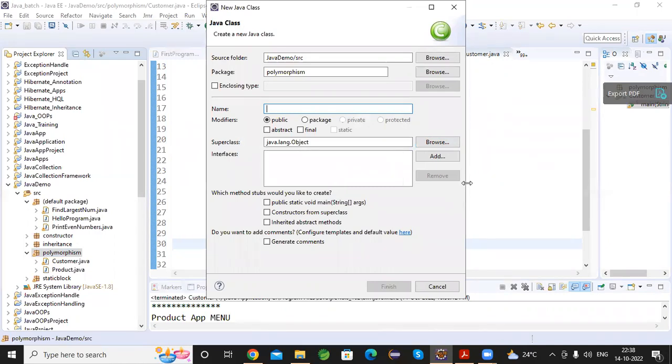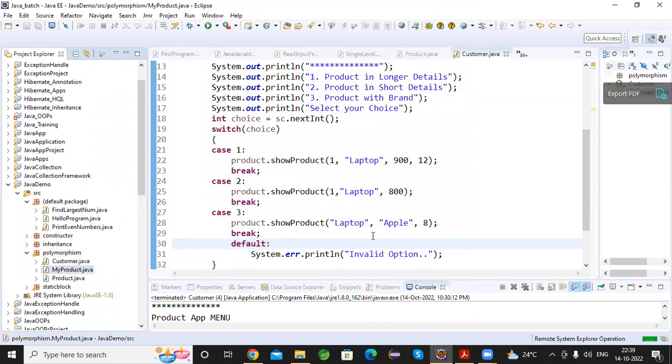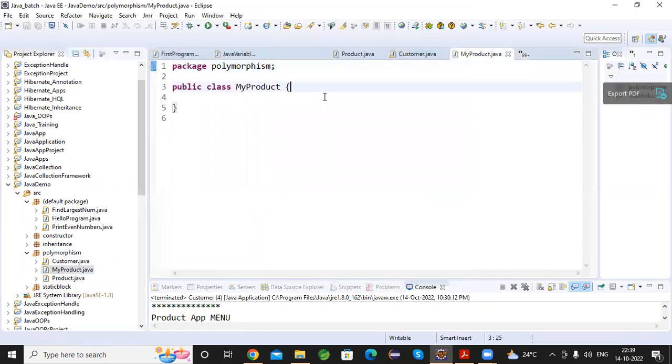Yeah, same example I will show you in different terminologies. We'll say my product class. Okay, so I have a method called public